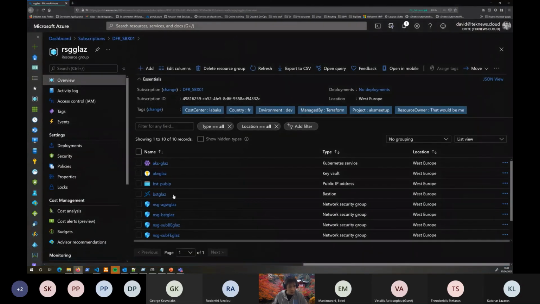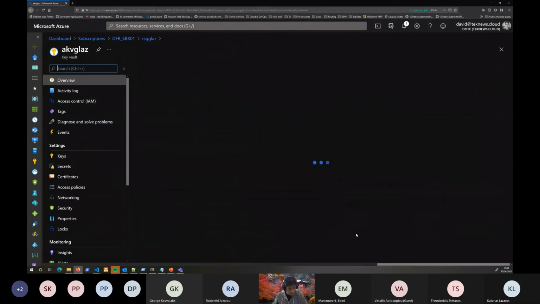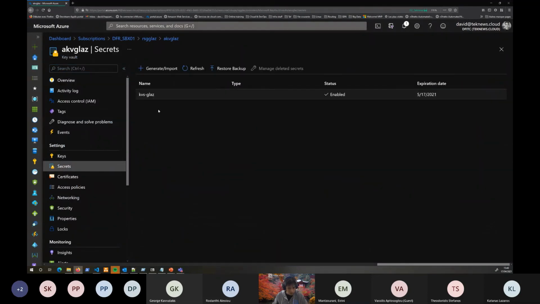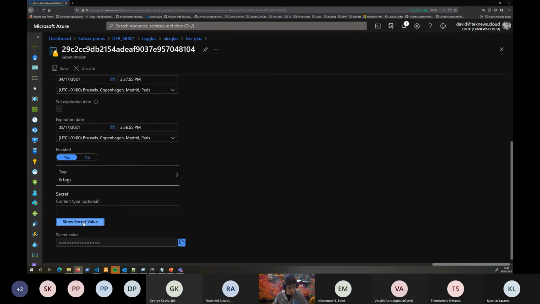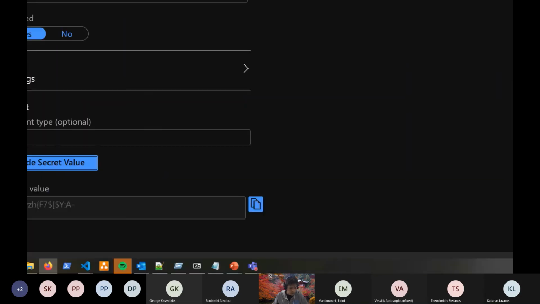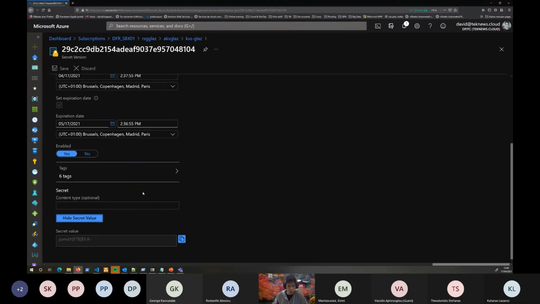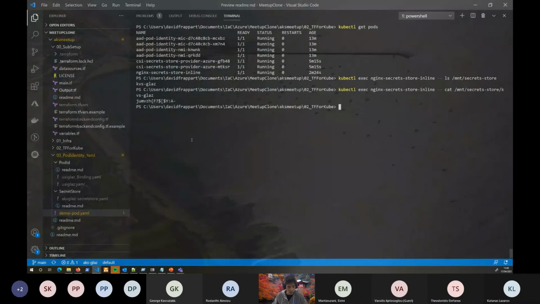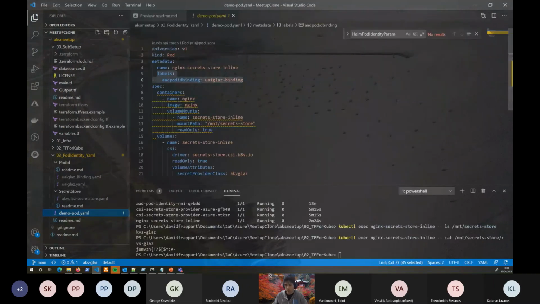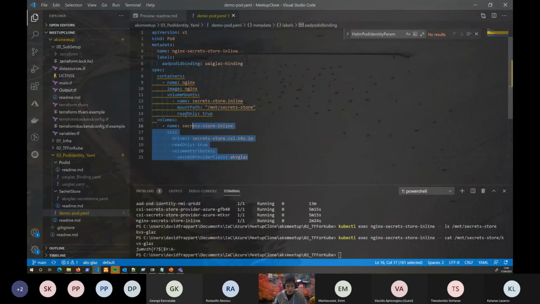Let's be sure of that. Going back to my key vault, I have my secret over there. Okay. And this secret, if I try to see the secret value, let's zoom on that. It seems to be the same. Well, logical. Once I see it, there is no way it would be something else, but it's still fine to see it. So as you can see, I've just mounted on my pod a secret store which is referring to this secret without giving it any password. So I'm quite happy. It seems that it did work.